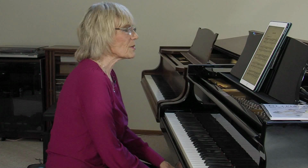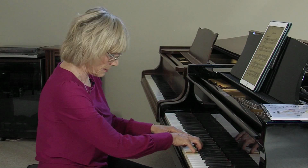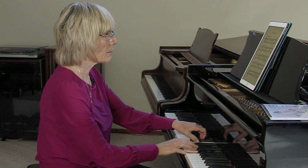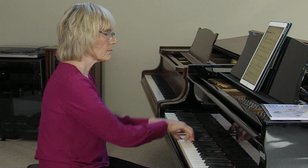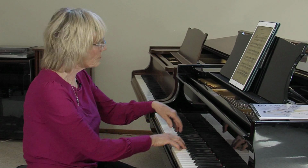So if we look at repertoire and we take the very earliest pieces of Bartók, here's the two-note slur movement. Or this one. As we move on in history through the classical period, the two-note slur is the hallmark of that period. And so if we look at a Mozart sonata,